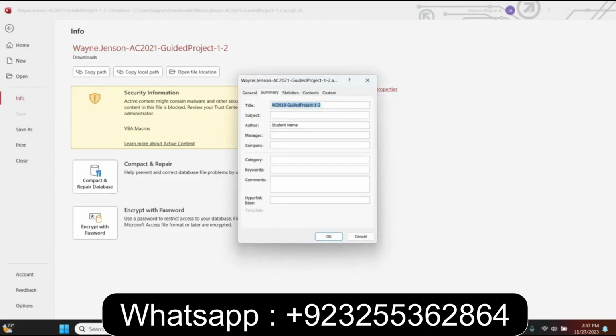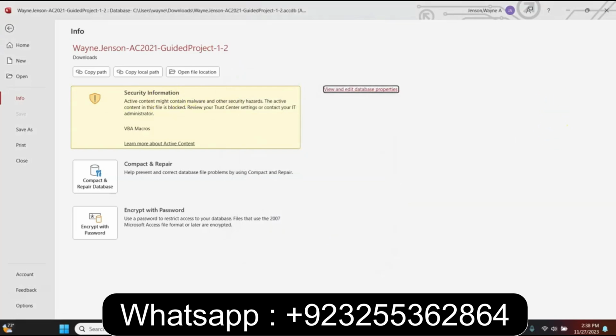And then we're going to put American River members in the title area. So just type American River members in the title. And then type Taylor Mathos in the author area. In the company area, so you can tab down to the company area, ARCC, and then type OK or click OK to save the changes,